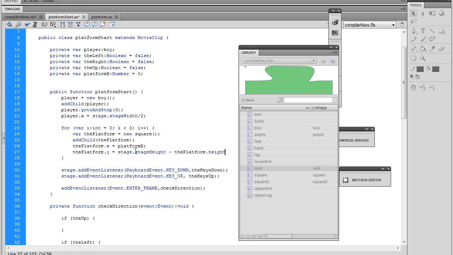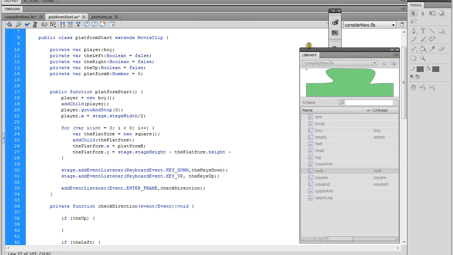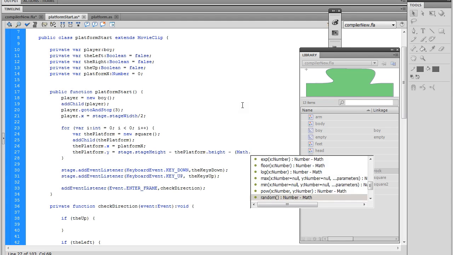A lot of times the platforms will be a little bit higher or a little bit lower. So let's add a little bit of variation again by subtracting further. Let's subtract a number a little bit more from this, but we want it to be varied. And so how do we make things varied? I know you're all saying, well, we use a random number. Yes, that is correct. So we're just going to calculate a random number here,